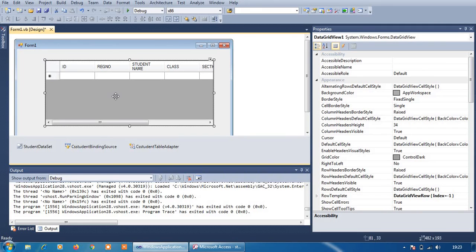The same thing can be done with the codings. So whenever I am establishing a connection, these options will come. CS student is the name of the table, the name of the database is student. So there will be a binding between this VB.NET and the Microsoft Access, and there will be a table adapter. So these things will be displayed. So like this we can have a connection between the database and Visual Studio.